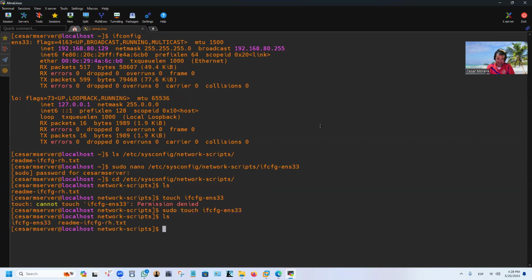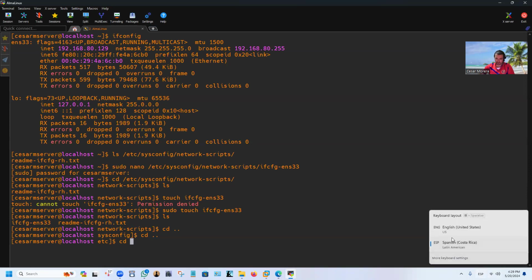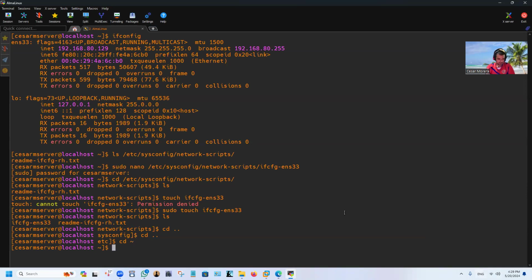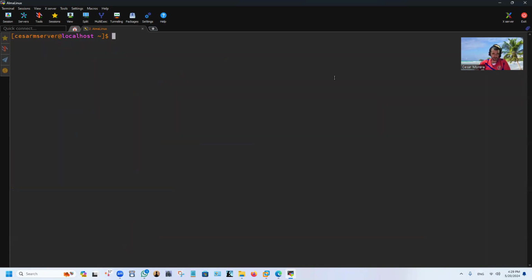And with ls, I can now see the file. Now I can just go back to the previous place. Let me just change this to English. All right, pwd. All right, I am in my own directory, in the home directory. I'm going to run the command that we were trying to do before. Now that I created successfully, you saw I accessed the directory, I created the file with the touch command. And now what I'm doing is basically,